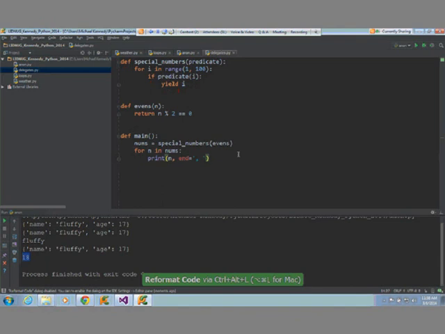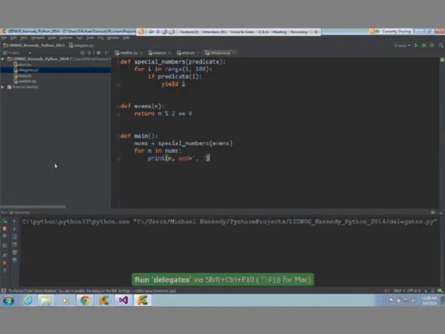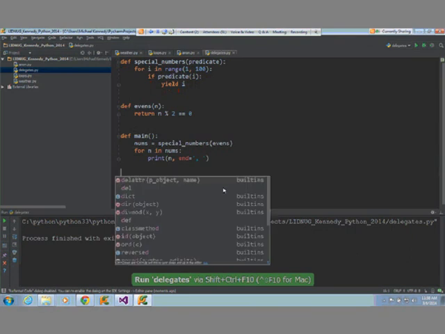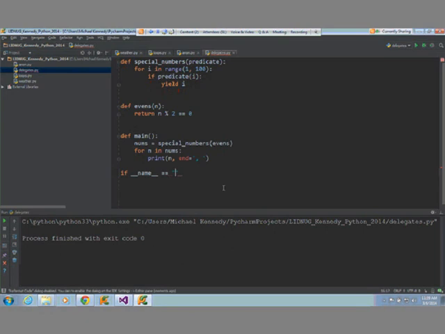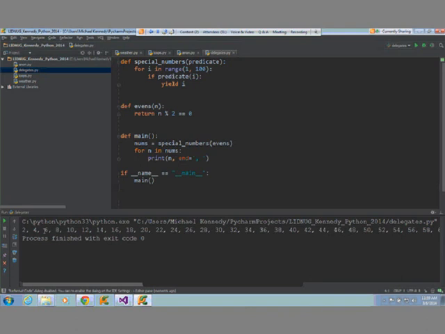All right, so let's run this now. Right click, run delegates. Of course, I forgot my little convention, didn't I? If I write a code snippet that generates this, usually, but this machine I don't typically work on. I had to set up a Windows 7 machine for live meeting, so I usually work on my Windows 8 machine, which has that configured. All right, so there's the even numbers between 0 and 100.